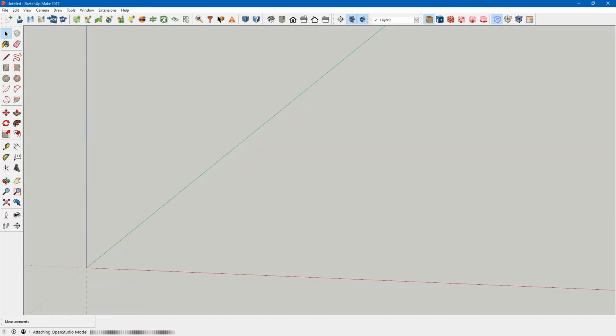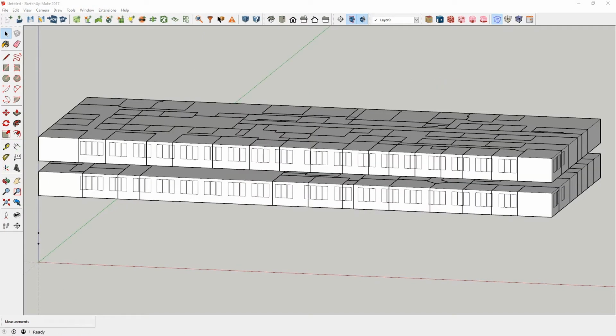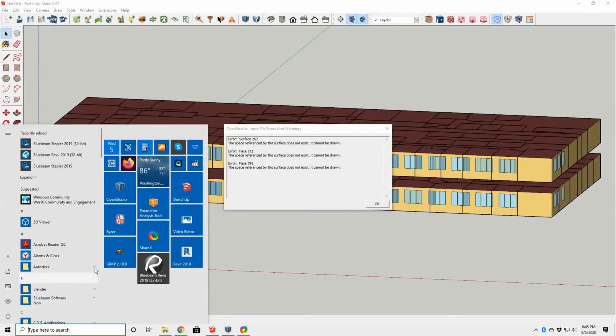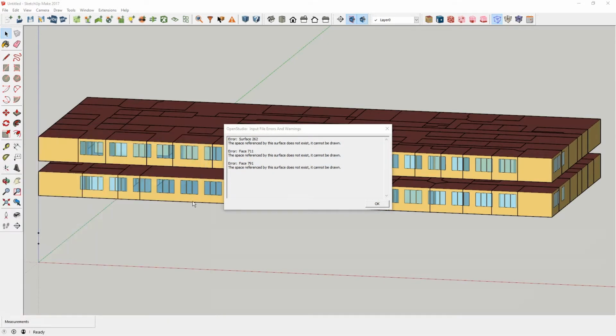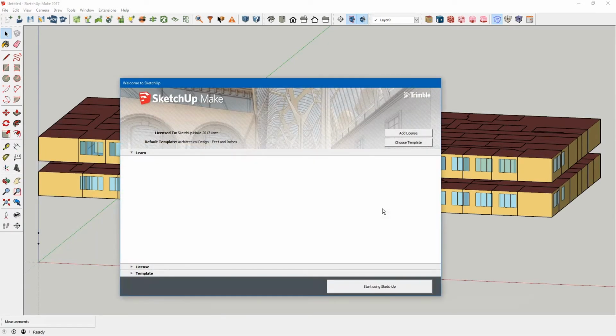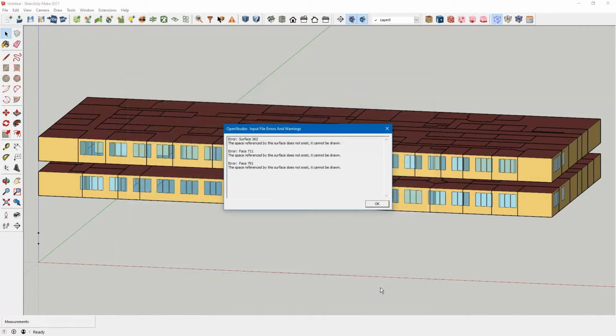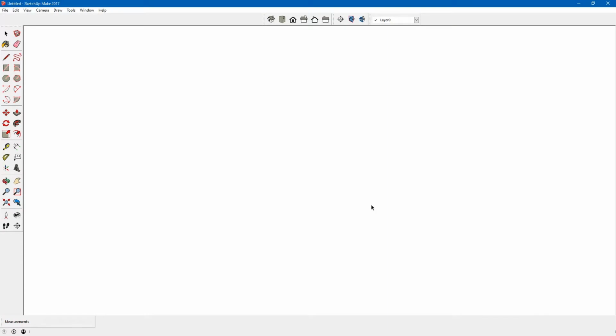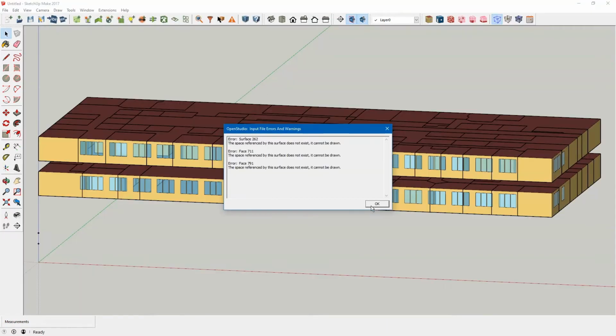and we need to open another instance of SketchUp. So start using SketchUp, and we can just ignore these errors for now.